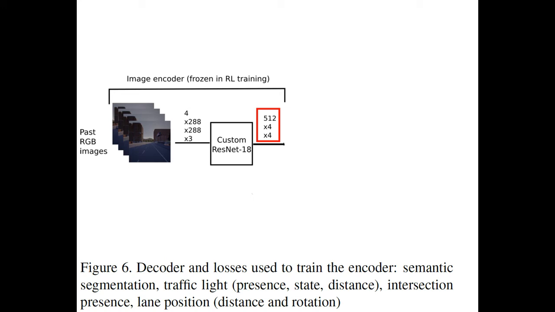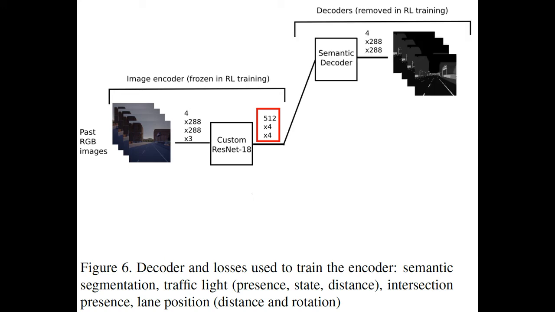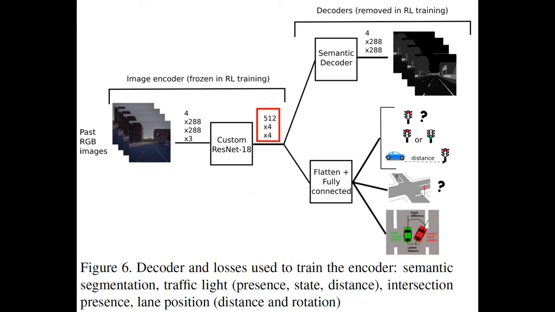So you want to use an encoder, decoder. In this case, the encoder is trained in a supervised way, and it tries to predict this high-level information, which is the affordances, and it uses, you see here, a stack of images as input. So you have two losses or two goals. You want to make some segmentation output off of there, and the encoder should also output some affordances or this high-level information,